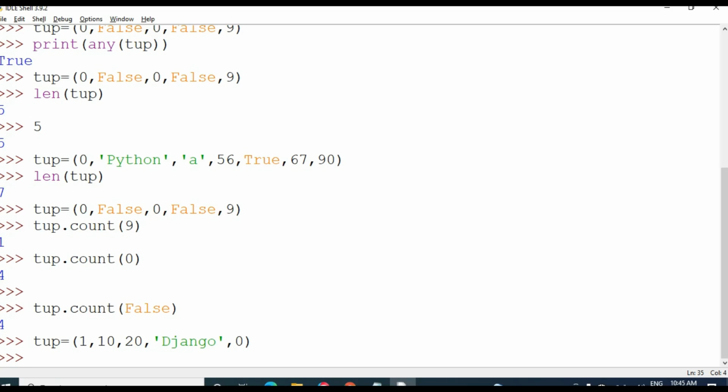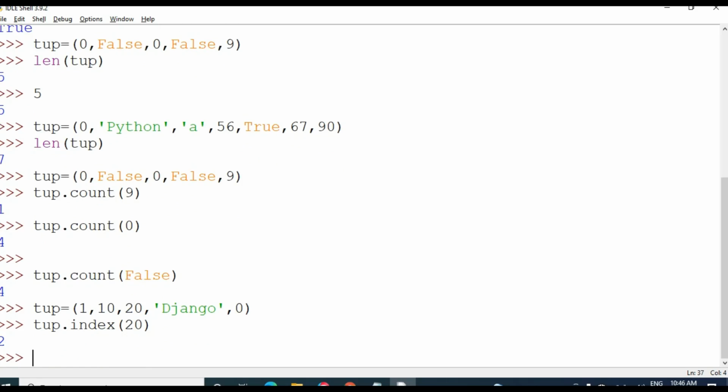I want to find out the index number position of a particular element. So tuple dot index of 20. I want to find the index number of the element 20. So it displays 2.